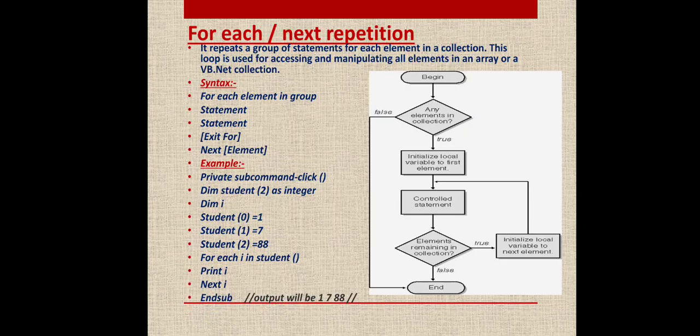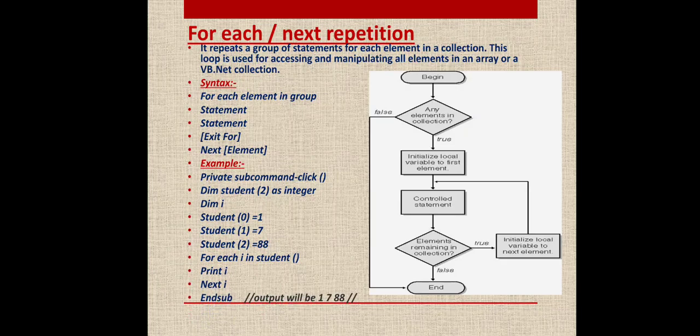1 is saved at the first location because the indexing of this array starts from 0. That means student 0 is 1. Student 1 means at second position the number 7 is there, at third position 88 is there, and here I